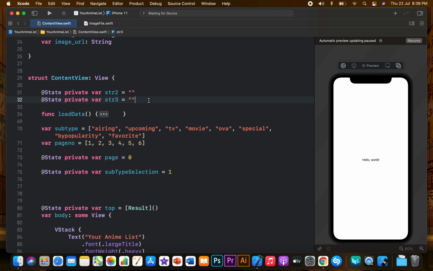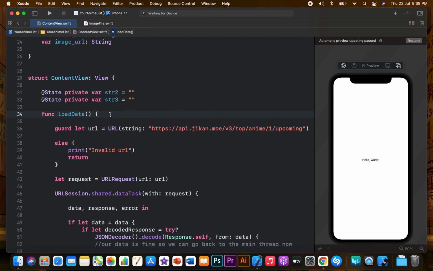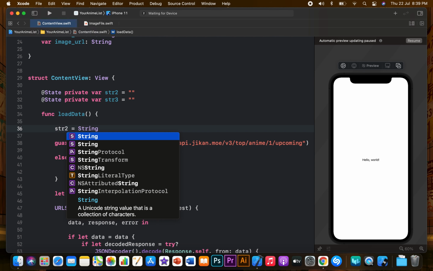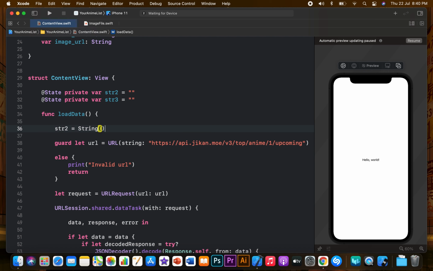So now we quickly created two new string types, and we would use these string types inside of our function. Let's quickly define them. Since we have given them an empty value, we are now changing them since they are variables as well. We would change them using string interpolation, and inside of string interpolation we would write the array value. In our case, it would be page number with that